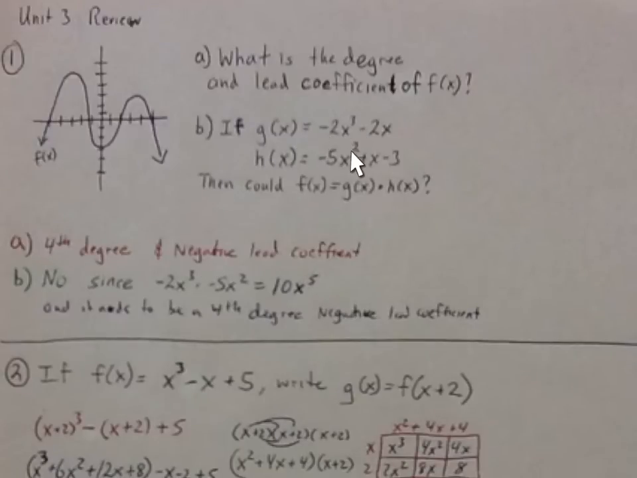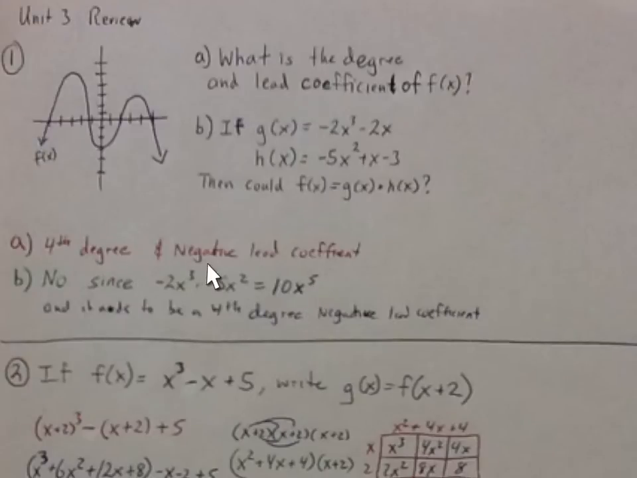Now this next question is kind of weird. This is f right here, this is g, this is h. It wants to know, could this graph be the product of these two functions? Well, if we were to multiply these two functions with FOIL, what you would notice is when you FOIL it out, you'd be multiplying the negative 2x to the third times negative 5x squared. When you multiply those, you'd have a 10x to the fifth, which is a positive lead coefficient and a fifth